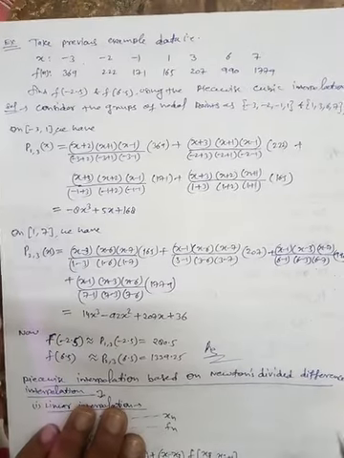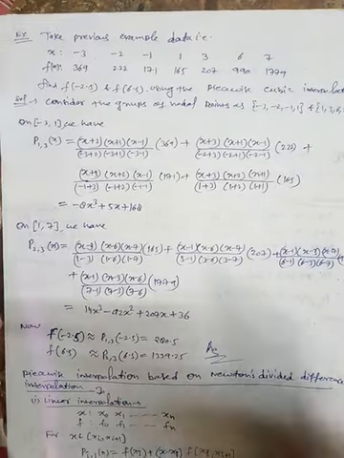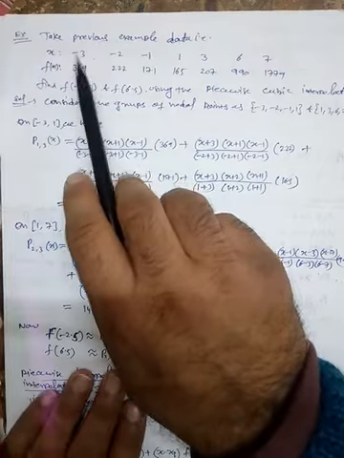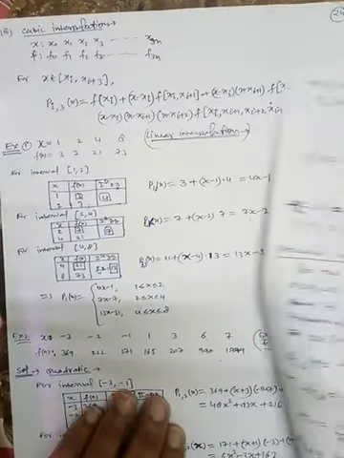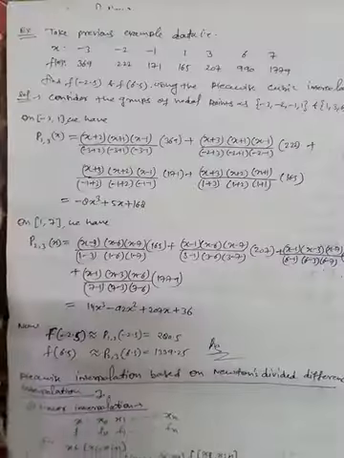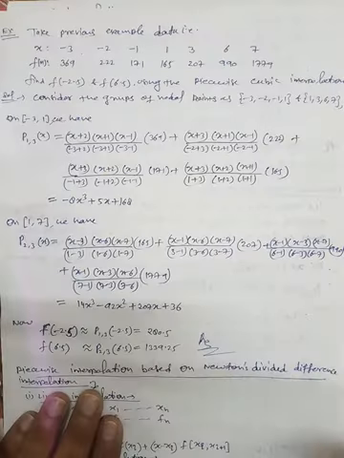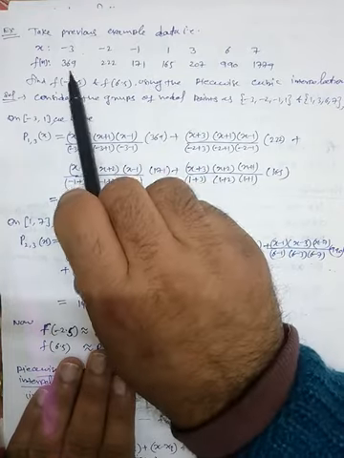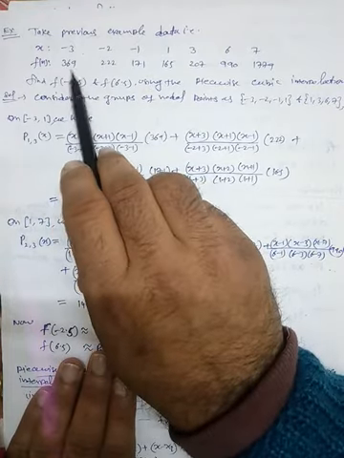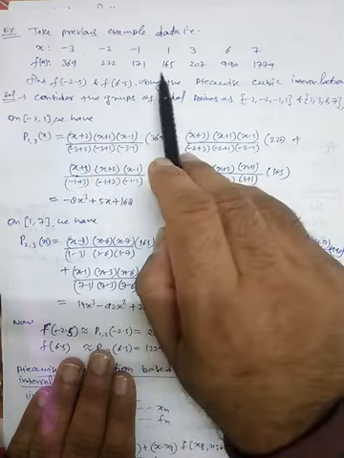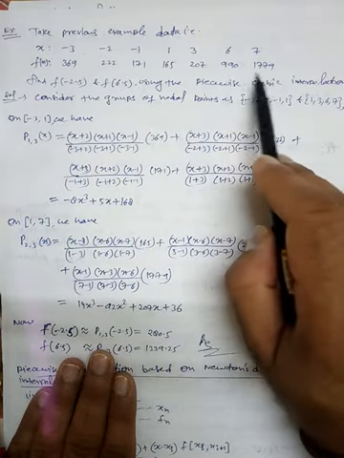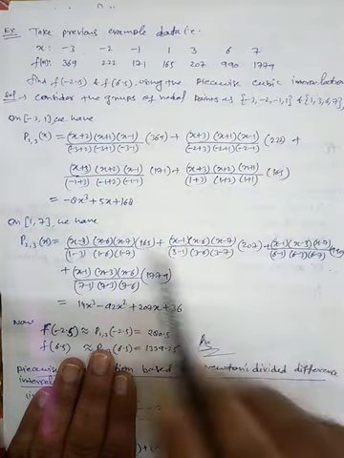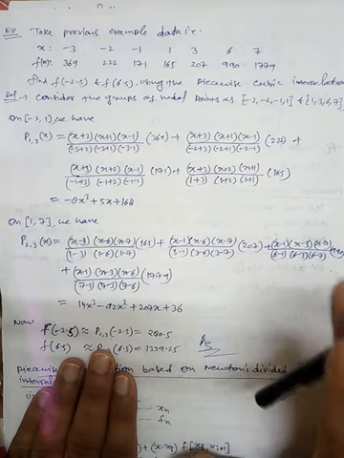This is the example. Here we have the same example which we have taken earlier. Here we have minus 3, minus 2, minus 1, 1, 3, 6 and 7, and the corresponding values are 369, 222, 171, 165, 207, 990, 1779. Now fit the cubic polynomial. That means we are joining 4 points at a time.